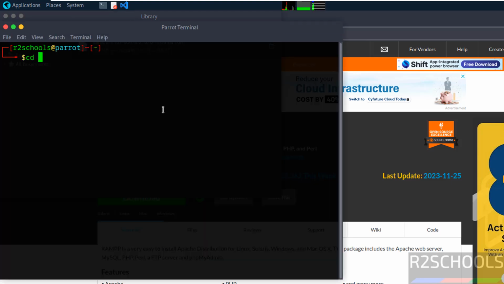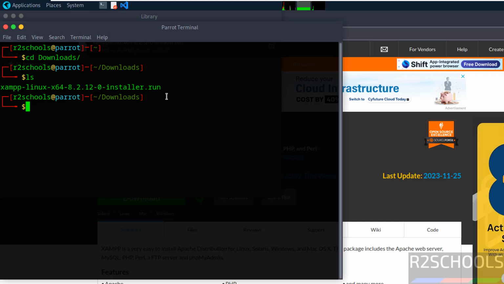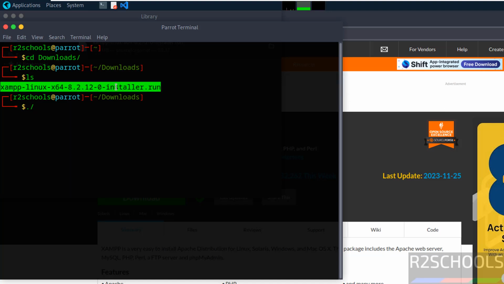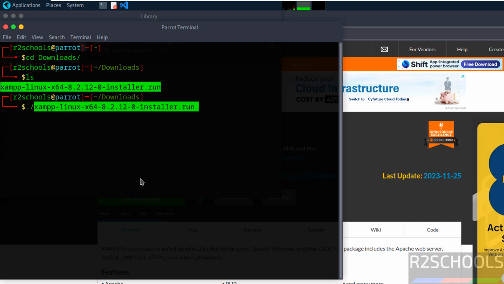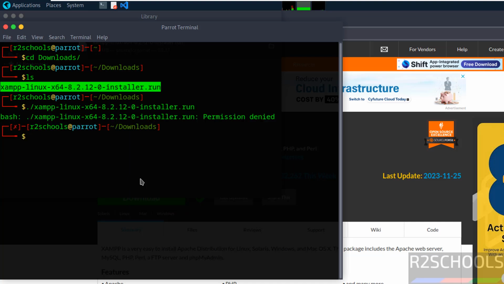Now go to the downloads directory: cd downloads, ls. See here we have the XAMPP run file. We can't run this run file directly. Let us try. If we copy this file name, paste it here and hit enter, see, we cannot run it. Even if we give sudo,